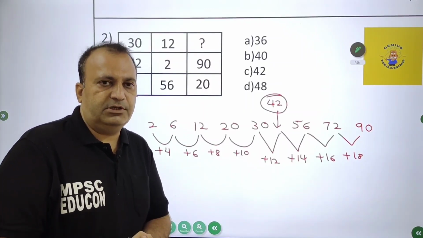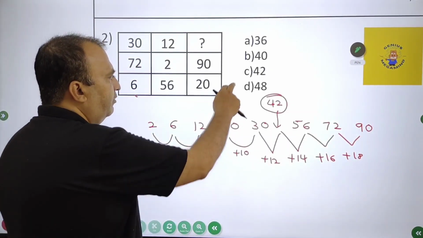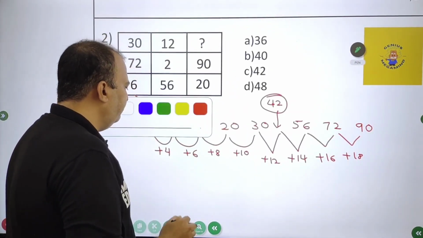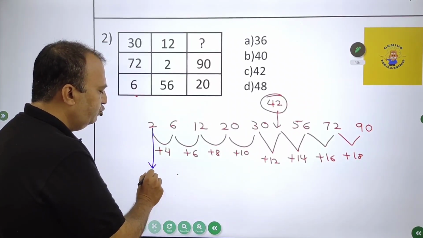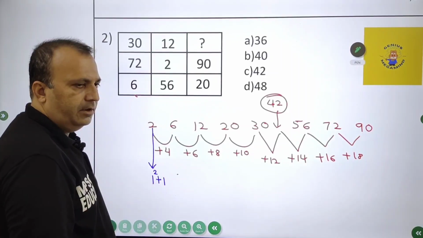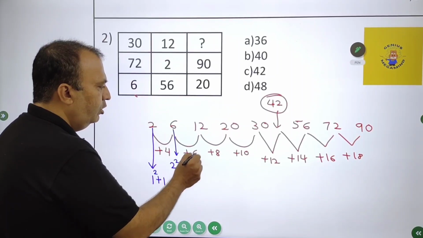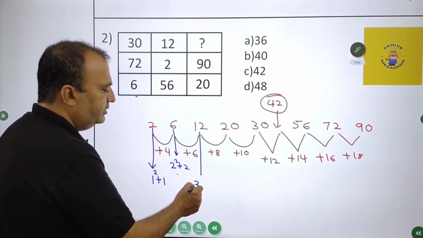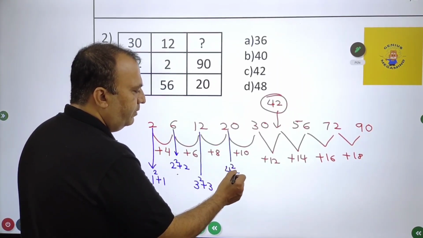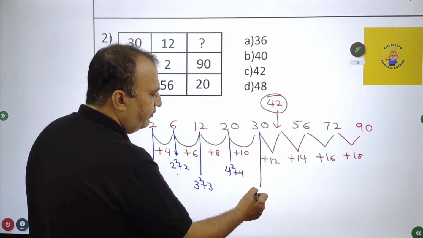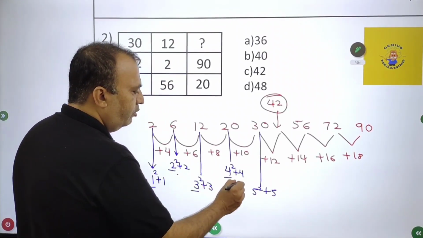Now this is the way I can get the answer, but if your logic is a bit developed, and if you are acquainted with squares of the numbers from 1 to 20, I can deal with this question in a different way. Now how do I deal with the same question? I am going to check out this 2. Can I write this 2 as 1 square plus 1? Right? Now this 6 can be written as 2 square, 4, plus 2. Then it will be 3 square plus 3. Then over here it will be 4 square plus 4. This obviously, my friends, is 5 square plus 5. So 1, 2, 3, 4, 5.